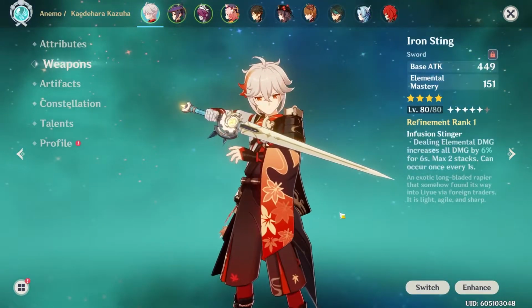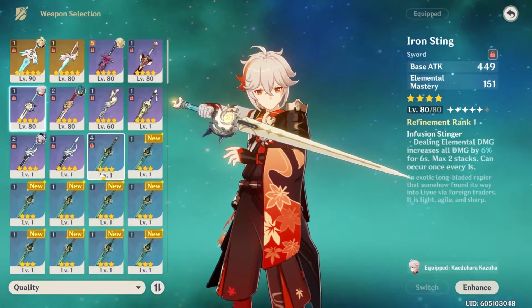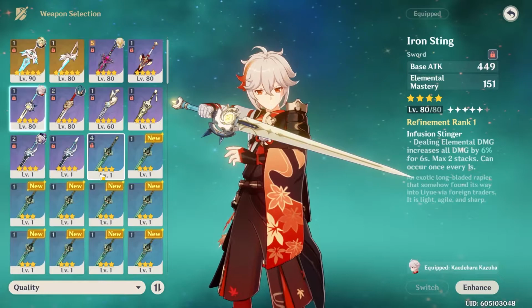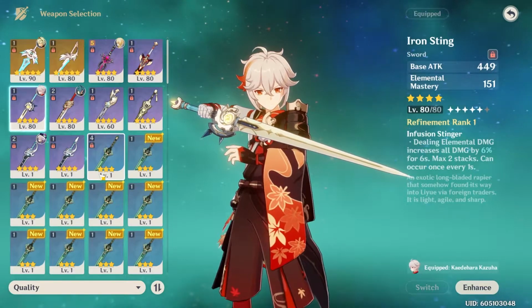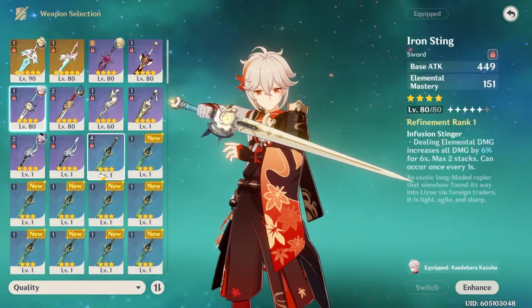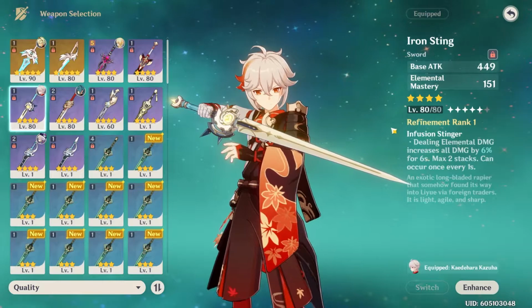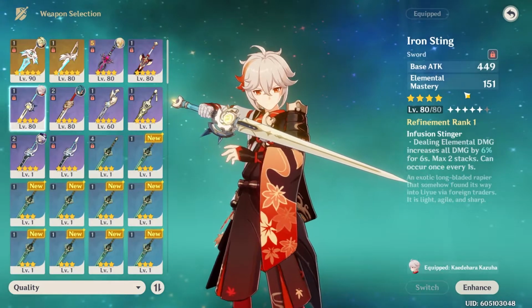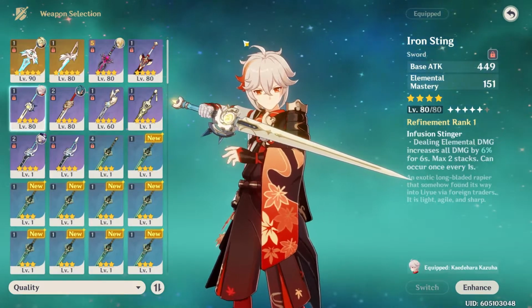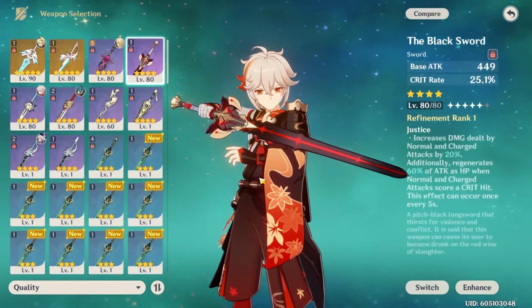But when you do that build, now when it comes to weapons, you have more options. The gate's kind of open. There's a lot more options. This is where the testing got tricky for me. It depends on how much you want to boost your other DPS member. If you want to boost your team member more, you would use the EM weapon. Iron Sting's great. But if you want to see more damage numbers for yourself, what you could run is Black Sword,